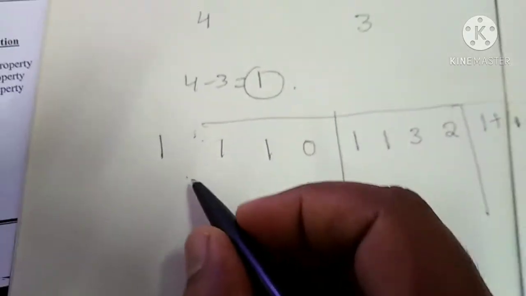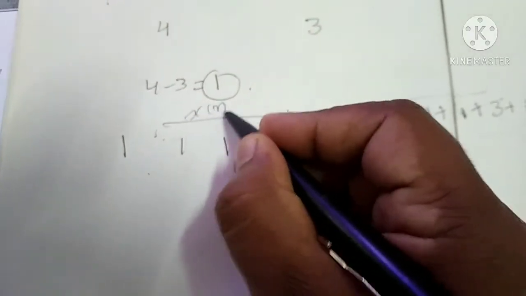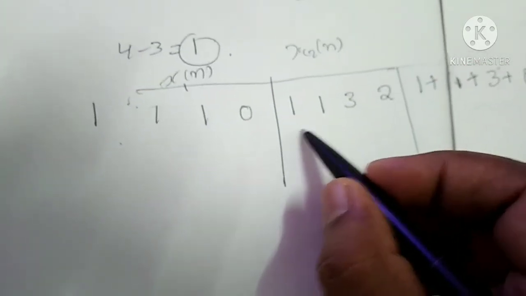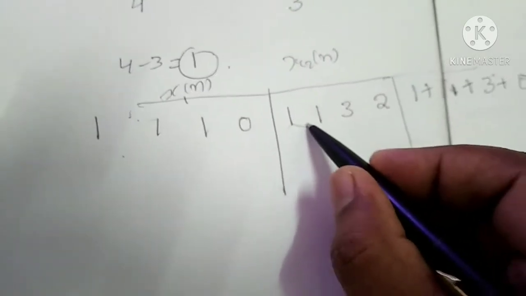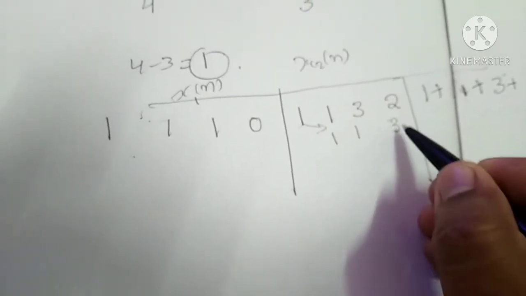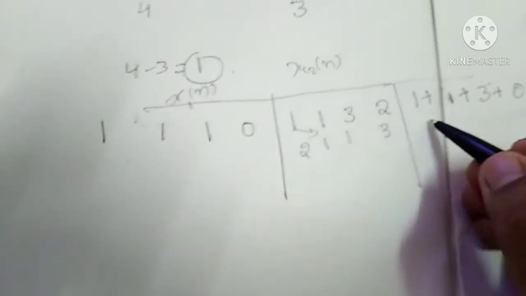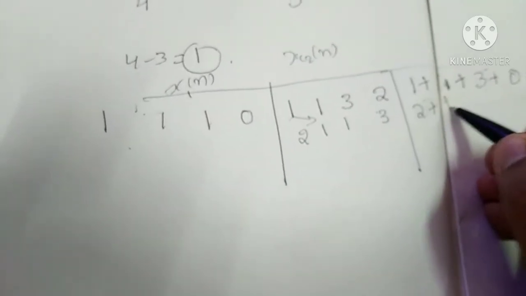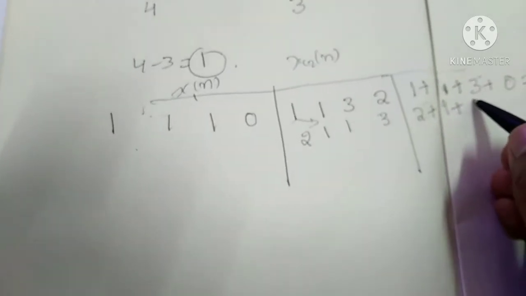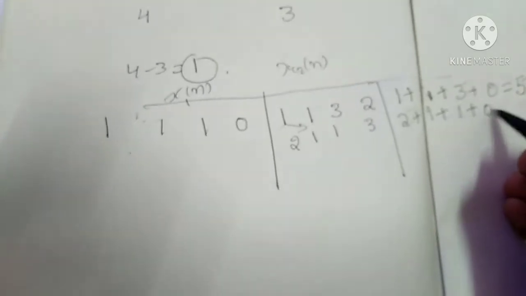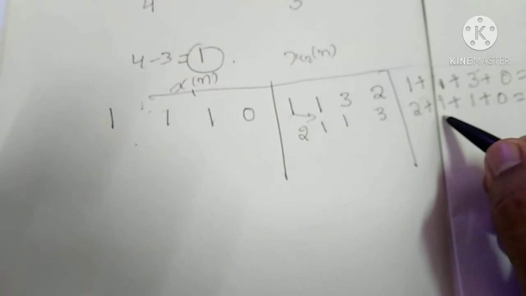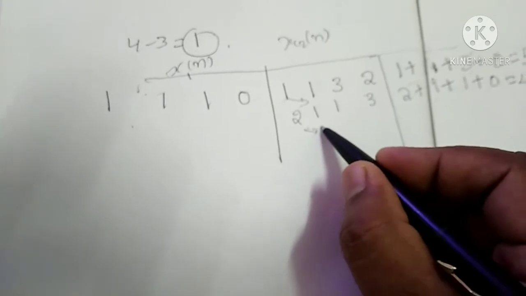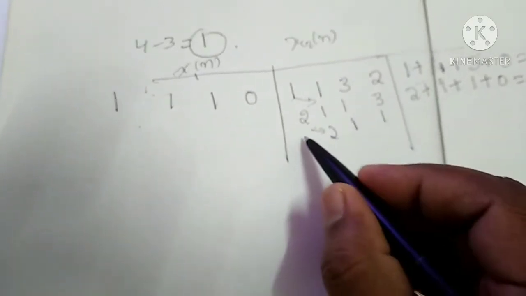Okay. So next, this remains as it is. We are not changing this x1 of n. So x2 of n or h of n we are shifting. The shift should be like this. So I am shifting this here 1 1 3. This last bit will come here. Okay. After multiplying, so 2 1s are 2 plus 1 1s are 1 plus 1 1s are 1 plus 0 into 3 is 0. So 2 plus 1 is 3, 3 plus 1 is 4. Okay. Like that every time I have to shift this, 2 1 1 and this is 3.